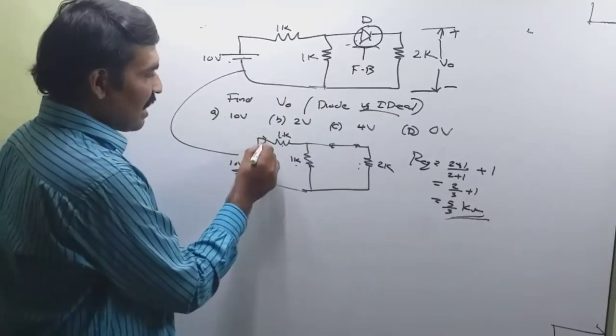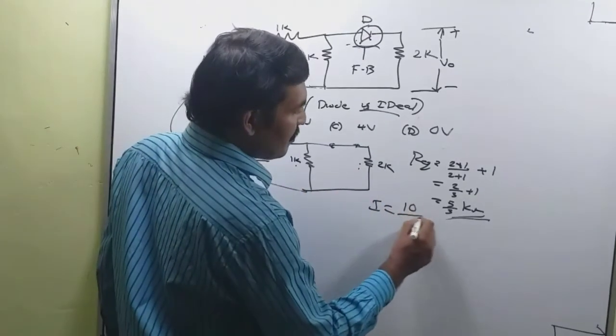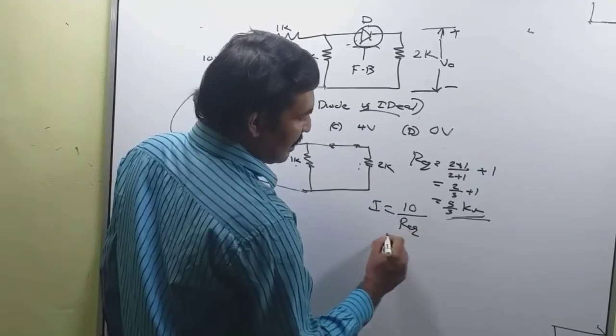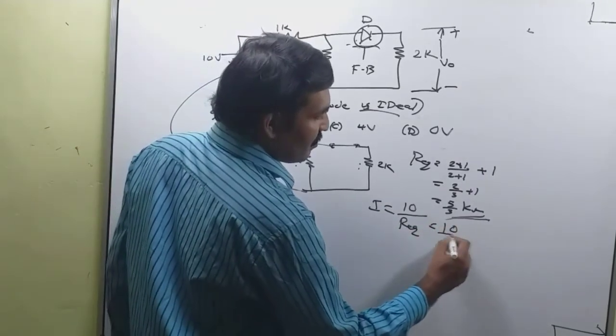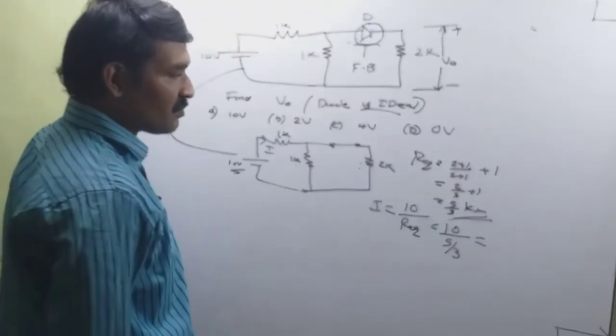So let I be the current. Current I is equal to 10 divided by R equivalent, that is 10 divided by 5 by 3,